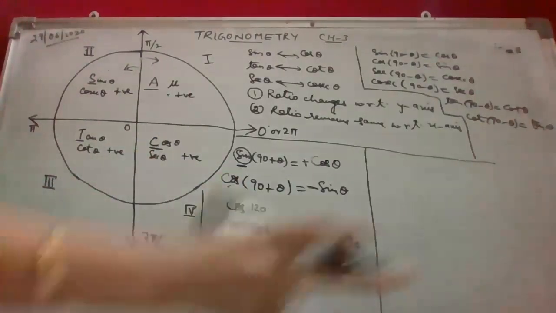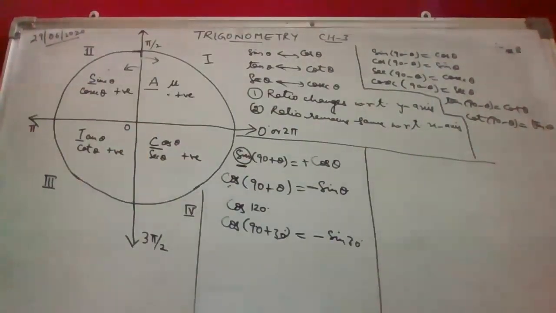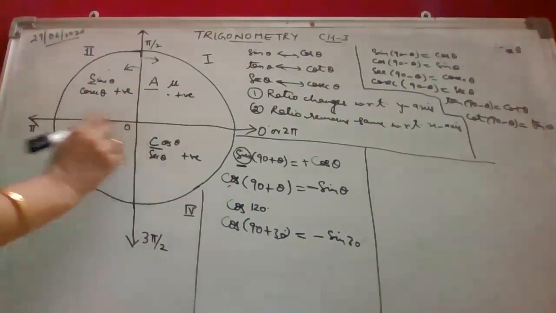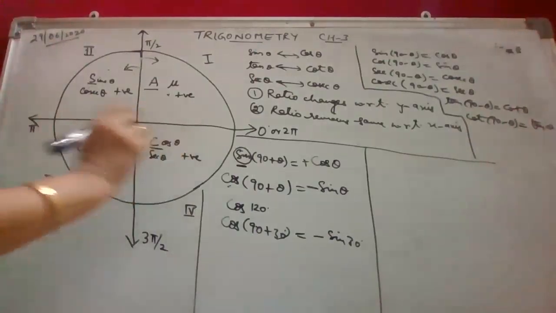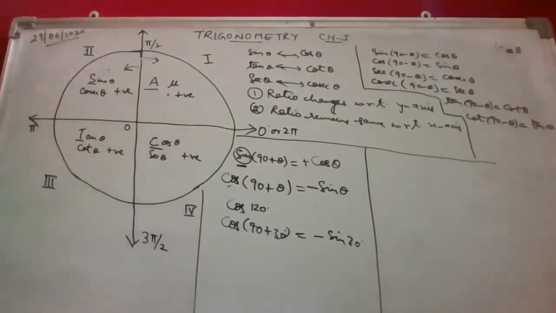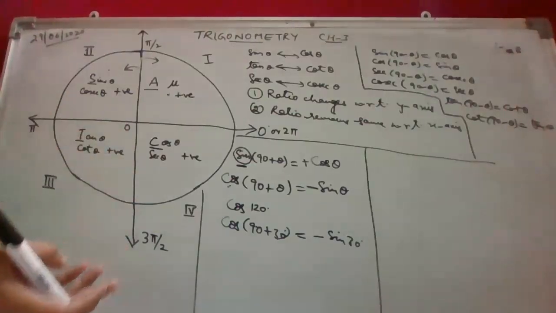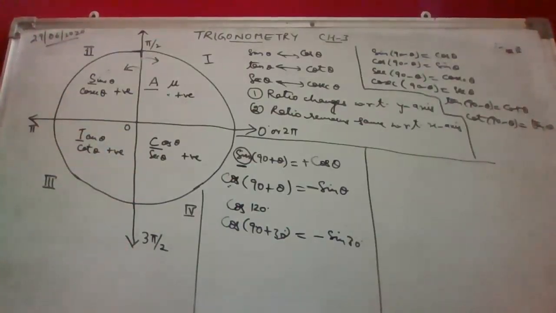I cannot remember all the values. If I just ask you to give me the value of cos 180 degree, that you can remember according to the angles that we have learned earlier, right? If I say give me the value of cos 130 degree, you cannot give me the value, though we can also not find it out. We need the table there. We just remember the values for 0, 30, 45, then 60, then 90. These values we can remember very easily. We know how to make the table for that also.